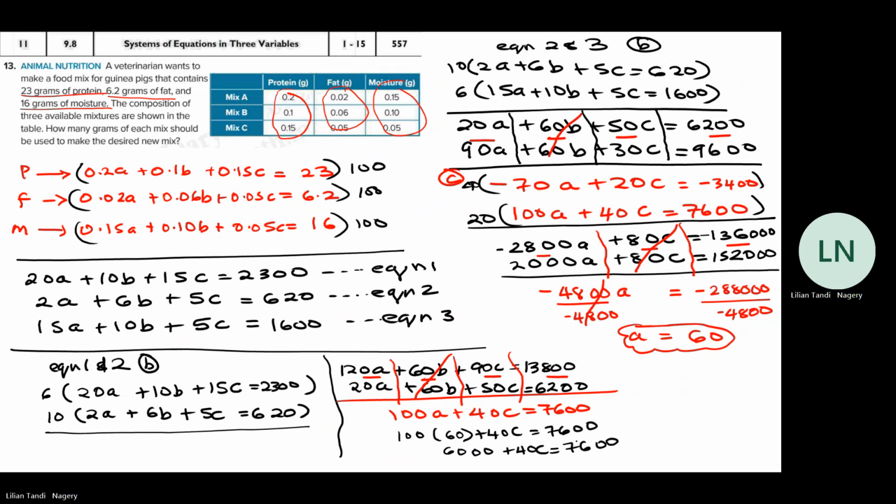Okay? Then I subtract 6,000 on both sides. This goes away. Then I write 40c equals